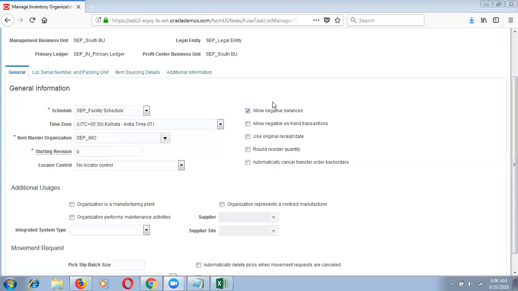So let's take an example for testing purposes. Rather than creating a miscellaneous receipt every time, with the help of allow negative balances, we can do that. Or else, a real business purpose: we receive the material, and the material is in our inventory only. But from the receiving location we need to transfer to the bulk sub inventory. Let's take an example. From bulk we need to perform picking and place it to the staging sub